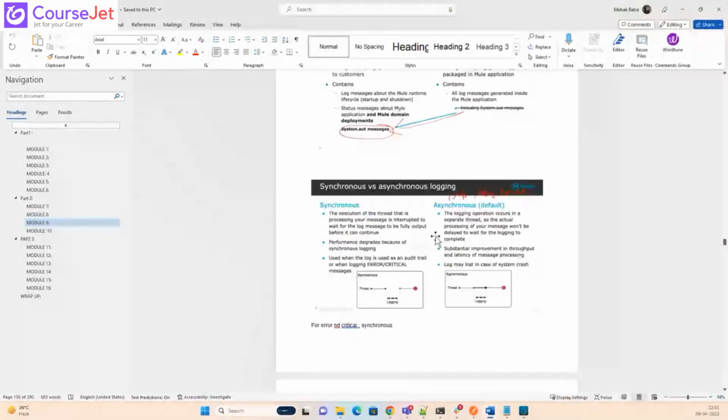Next is synchronous versus asynchronous logging. Synchronous logging is whenever you are executing code and at the same time